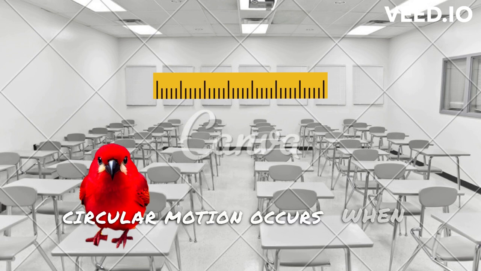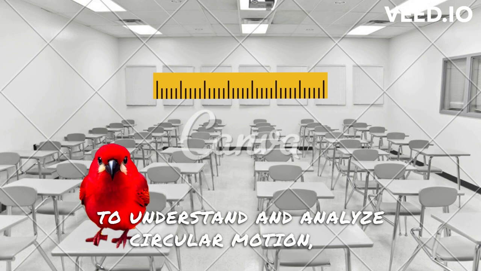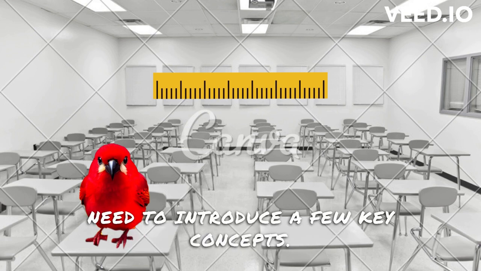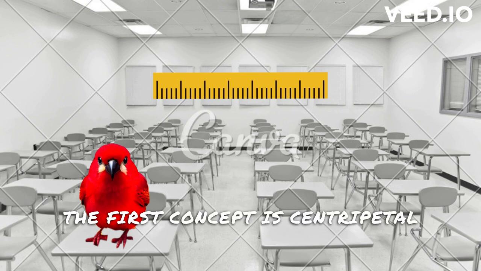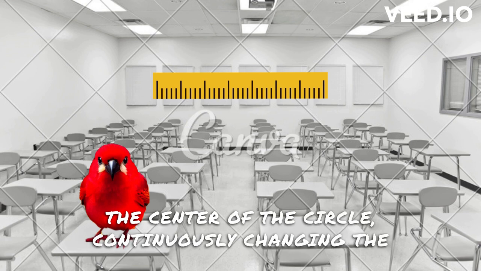Circular motion occurs when an object follows a curved path with a constant radius. To understand and analyze circular motion, we need to introduce a few key concepts. The first concept is centripetal force. Centripetal force is the force that acts toward the center of the circle, continuously changing the direction of an object